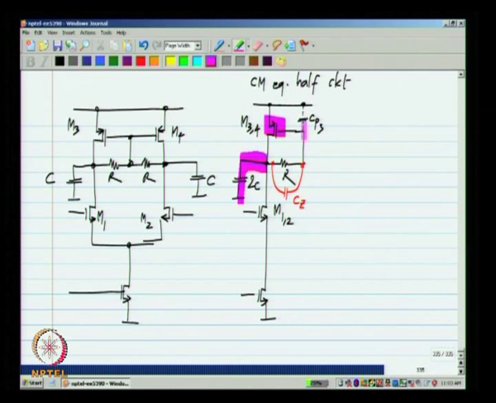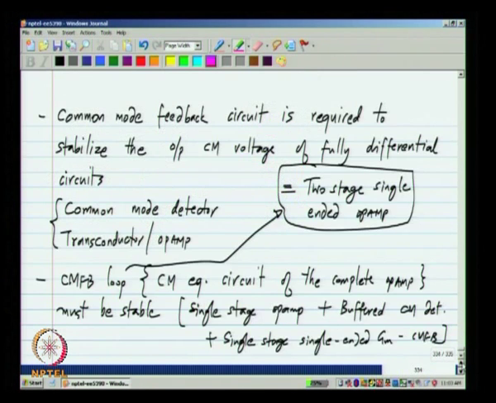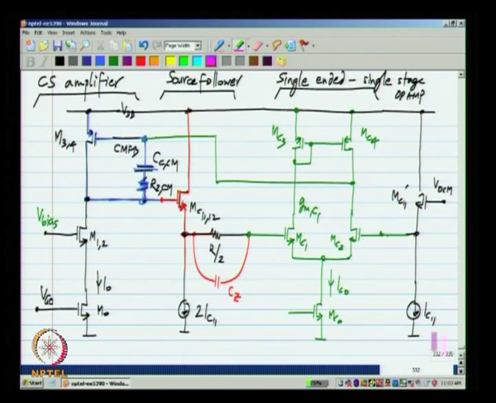Now, the common mode feedback loop in this particular case is equivalent to a single stage op amp, and the common mode feedback loop when we have a more elaborate common mode detector is like a 2-stage op amp. Okay. Now, this is a fairly typical case and you need to be able to work with this, but because we have analyzed the 2-stage op amp in great detail, you should be able to work it out. I am not going to write the expressions for poles and zeros here. I am assuming that you can associate these components with the components in the 2-stage op amp.